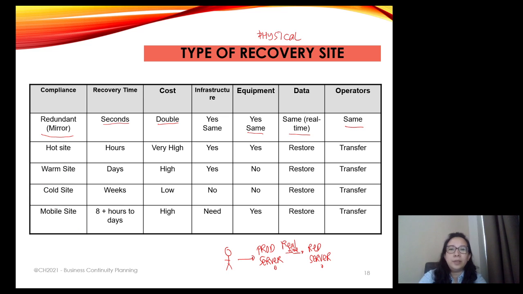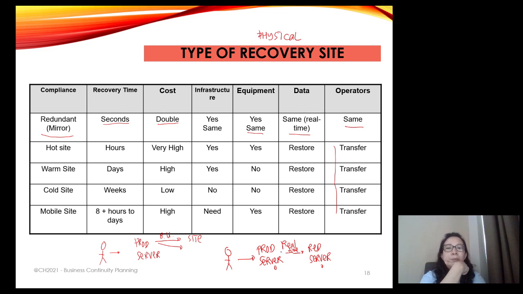Okay, ini jadi recovery time-nya itu bisa, it depends ya. Ada yang hot site itu disebutnya hours karena hanya beberapa jam. Oke, dan kalau lihat di sini 4 ini disebutnya transfer karena not real time. Okay, because this is not real time. So for example, we have the production server here, and then we have another site. Okay, then it will be backed up temporarily. So for example, for the production server, it can be done like